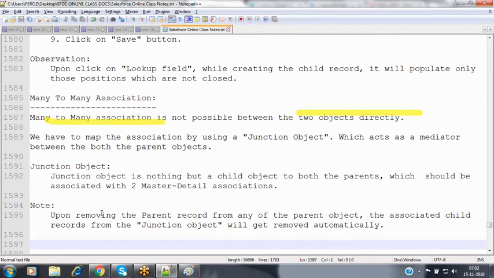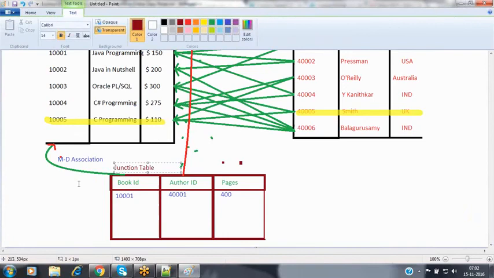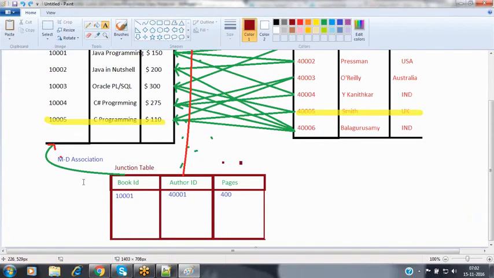Is there another name for this junction object, or is it just that? Yeah, you can give any name. While creating the table, we give some name, right? We call it junction, but we can give any name, whatever you want. What I was asking is, do you call this just a junction object, or an intersection or something? Is this the terminology we use in Salesforce? Yes, junction table, junction object. In Salesforce, we refer to it as a junction object. Okay, all right.